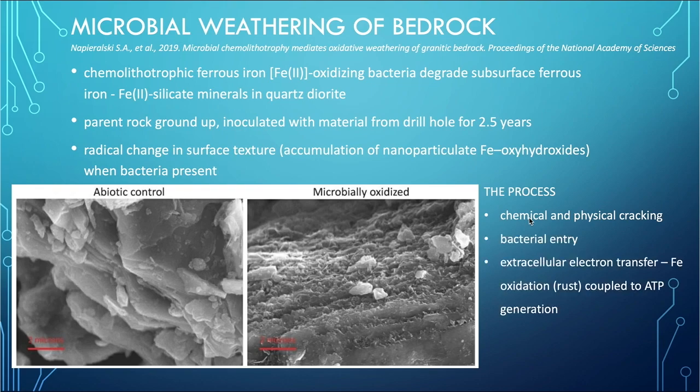This allows bacterial entry, and extracellular electron transfer happens where the iron is oxidized and coupled to adenosine triphosphate, which is the energy molecule of all living things, is generated. So that means energy is generated through this process for the microbes, and iron is the primary energy source for the growth of these organisms. So this is basically, in a nutshell, how it's microbial or biological degradation of rock, and not just cracking and